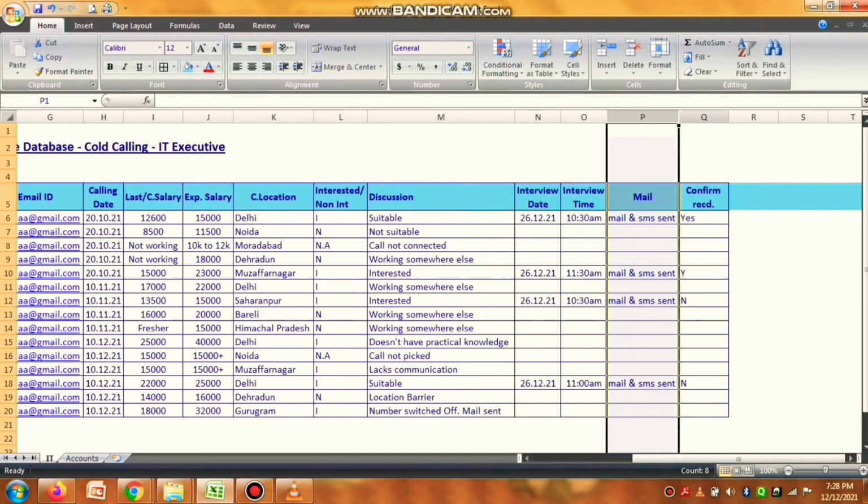And now confirmation received. Since we have sent the mail or the SMS for the interview, we note whether confirmation was received or not. Here also you can write Y or yes, whatever you want and whatever you are able to understand. Y or N for no, whatever you feel like.